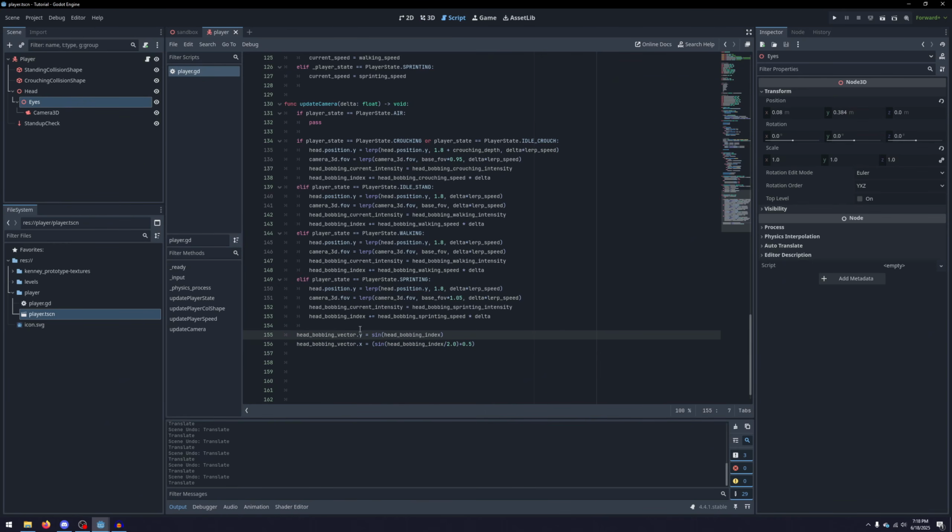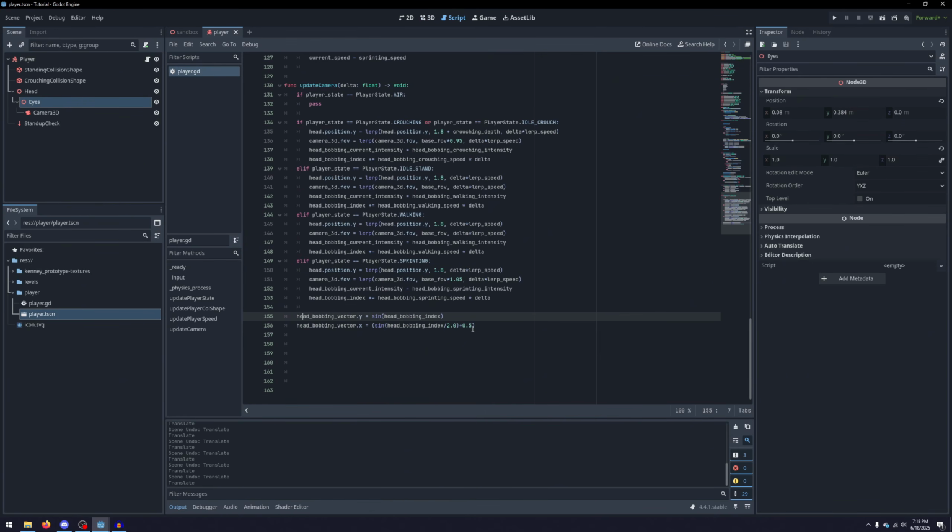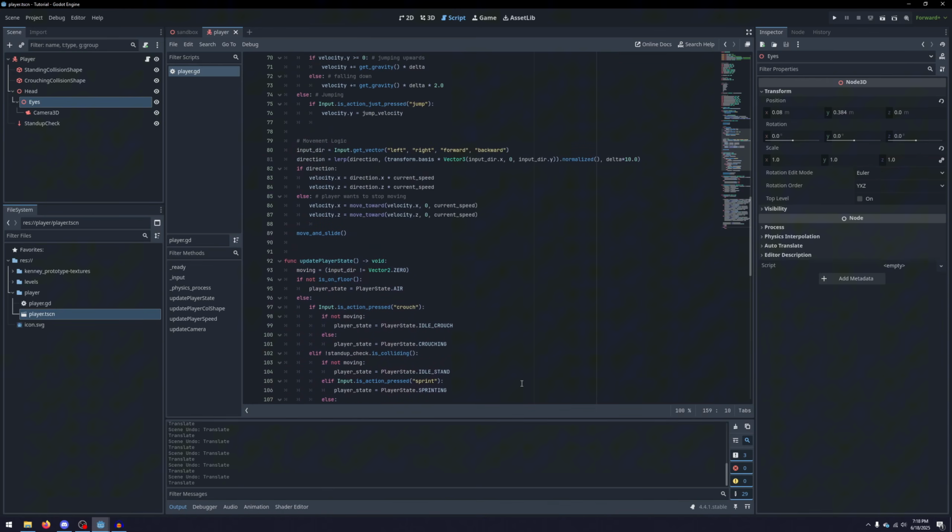So now that we have our vector, we need to modify where the camera is. And so we need to know two things. One, we need to know if the player is moving or if they're not moving. And why is that important? To show why that's important, I'm going to go back to our physics process